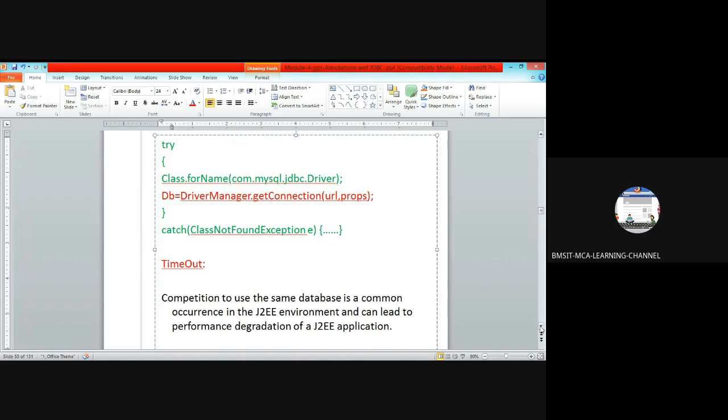If a slow connection takes a long time to load the database or the properties file, it wastes the resources used for a particular user.